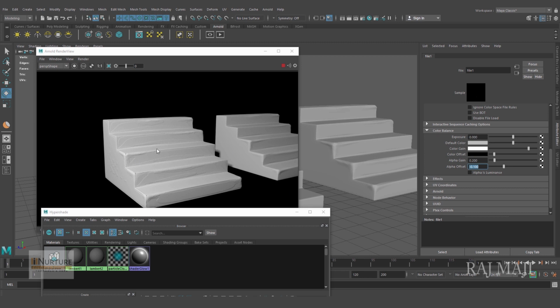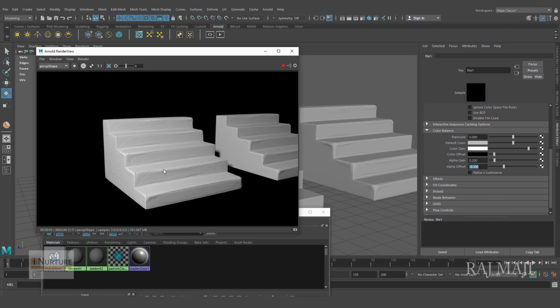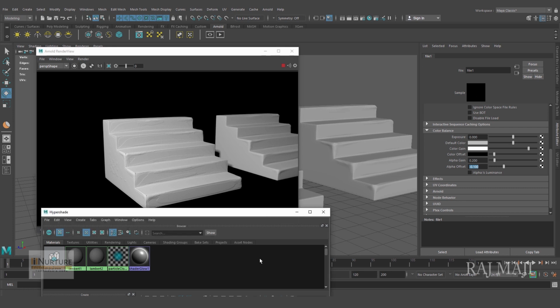But now you can see the deformation, you can see the corner also, and if I switch to the alpha, you can see now the corners are also getting deformed. This is the difference between normal map and displacement map. Displacement map can deform the original geometry, but normal map only can create the illusion. It cannot deform the original geometry. Alright, so fine.